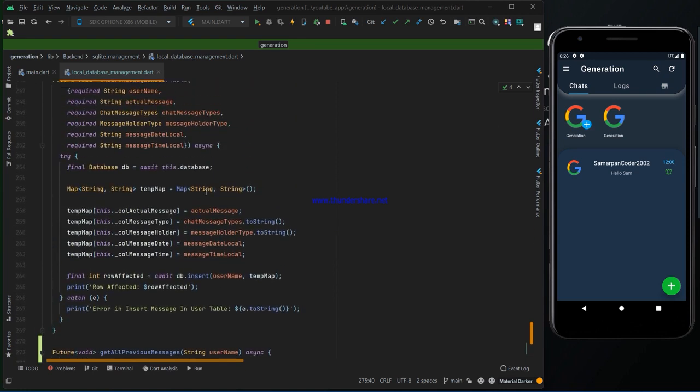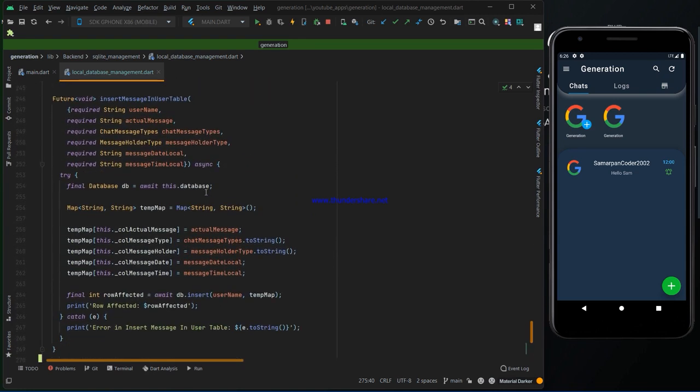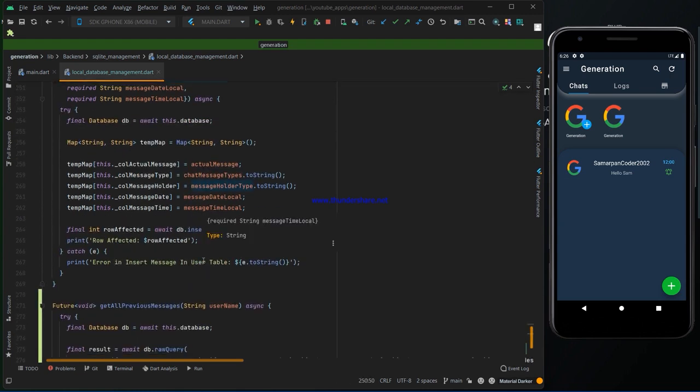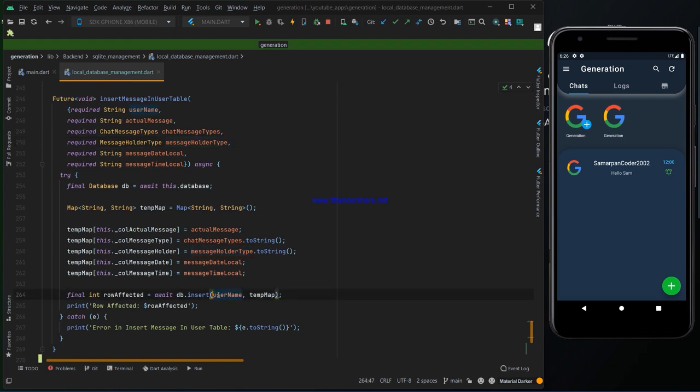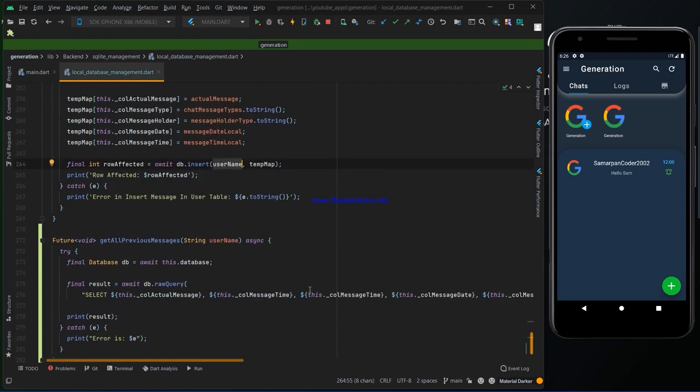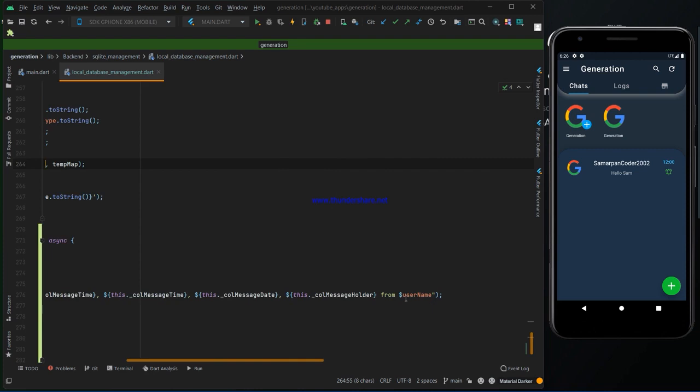As you know, when we insert the messages in our local database through the insert message in user table method, we use the connected username as the table name. So we are fetching all the information from that username table.